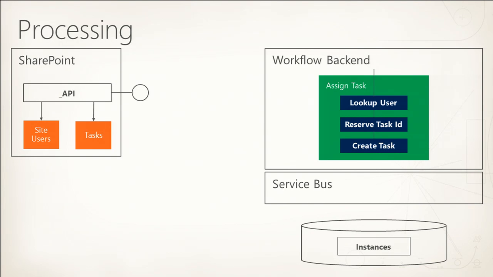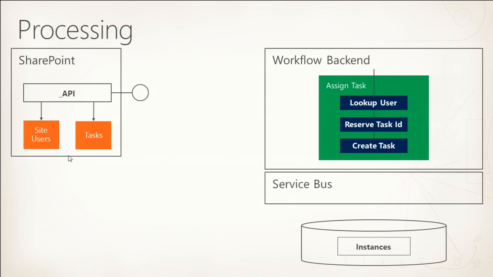one level below, inside the workflow manager. And here we'll get into some of the questions of how things scale. So we have SharePoint, and we have the workflow manager. The workflow manager really consists of three major pieces: the back end, the service bus, and the front end. All the processing for the workflow is happening on the back end. Typically, the back end and front end both sit on the same machine